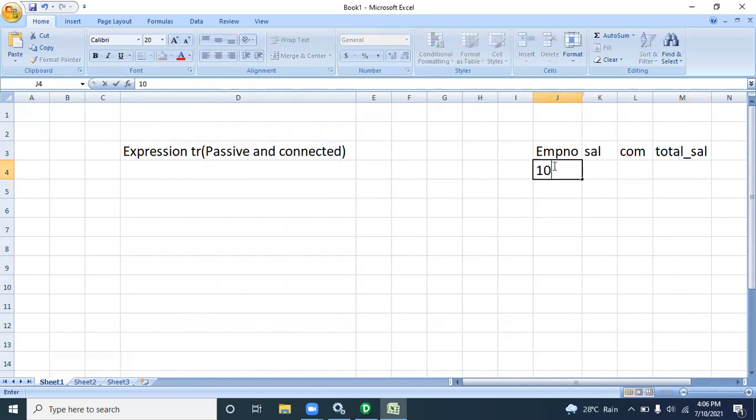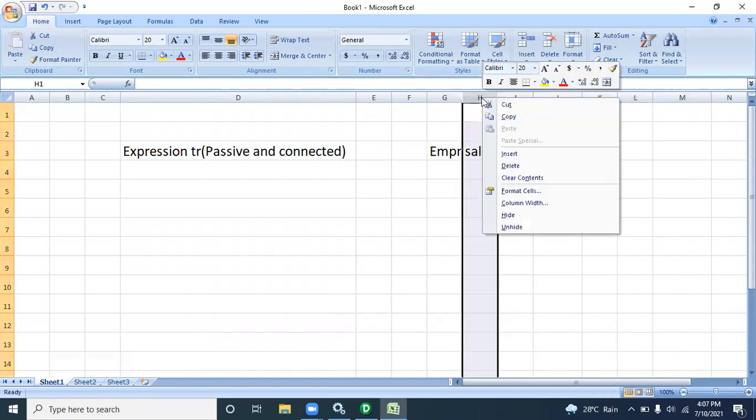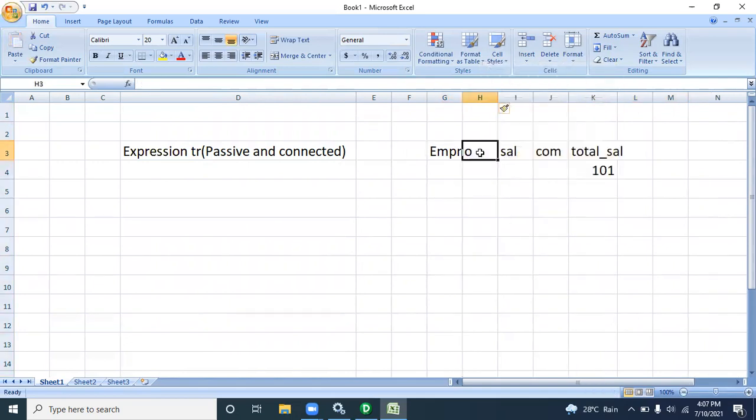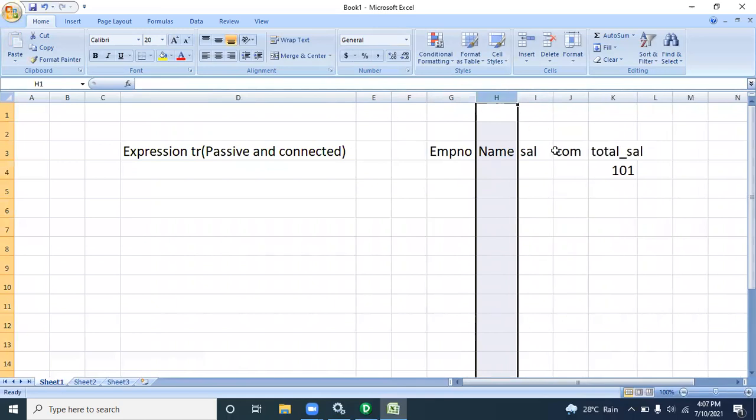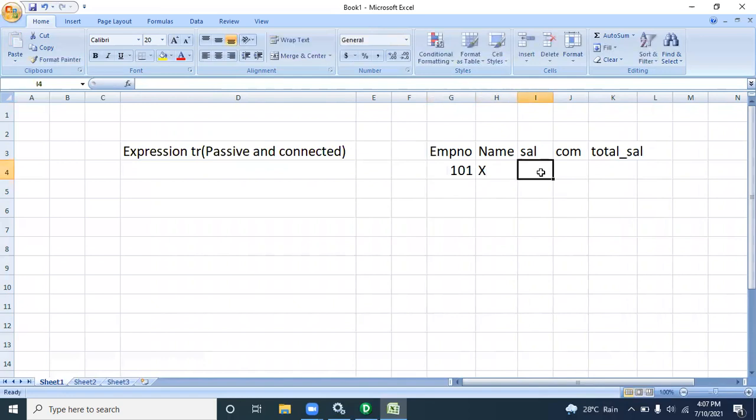Let me show you. 101 is, suppose, the employee number, name is X, salary is 3,000, and commission is 30 rupees.